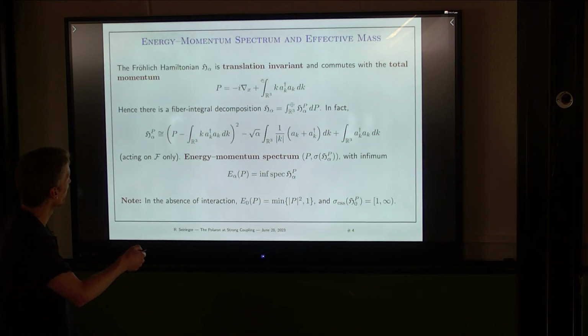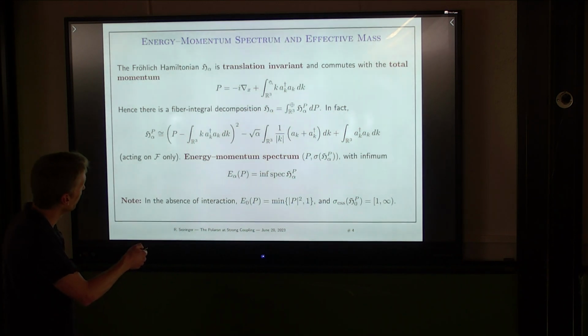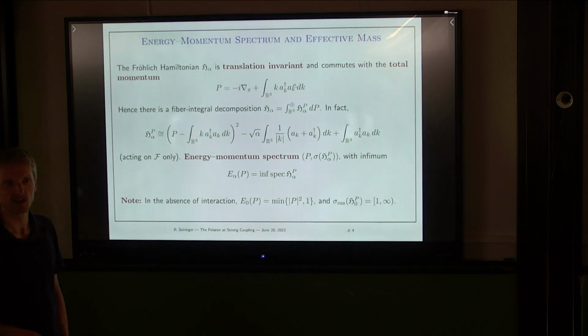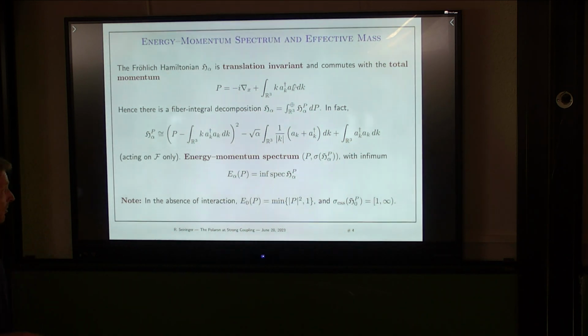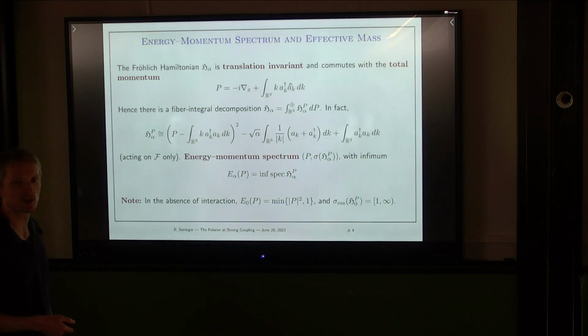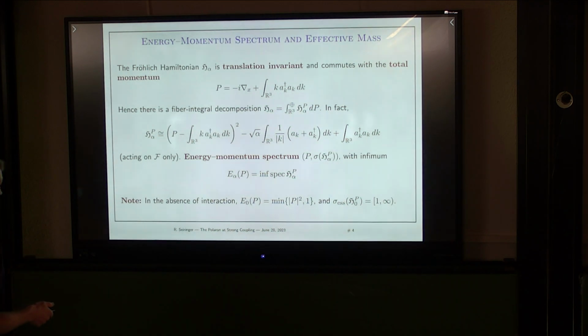the sum of the electron momentum, which is just minus i gradient, and the field momentum, where k is the momentum of the phonons, and A dagger A just counts how many phonons there are at momentum k, and you sum over all k's. So this is the total momentum of the field, and you can convince yourself easily that this operator commutes with the Hamiltonian. Right? So therefore, they can be diagonalized simultaneously,